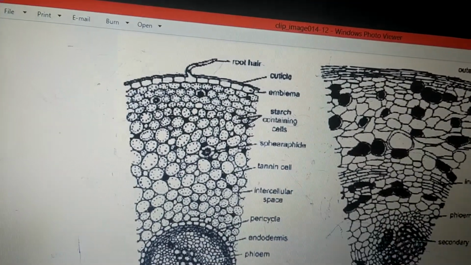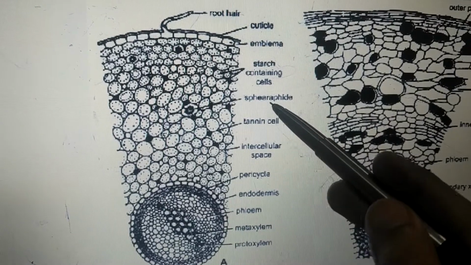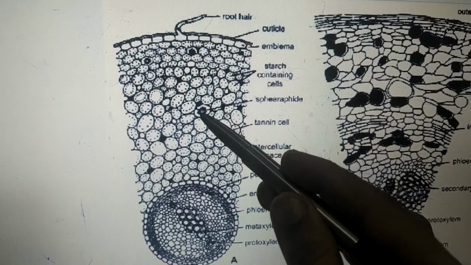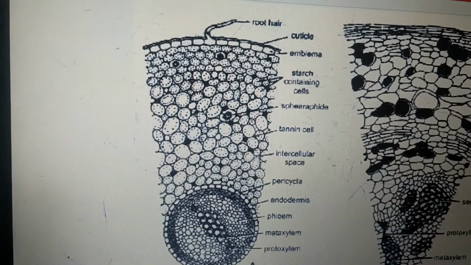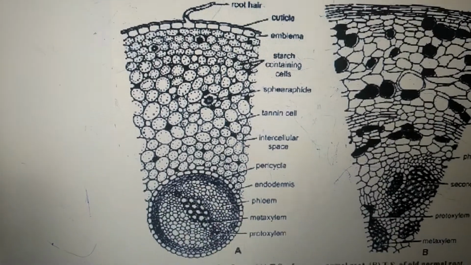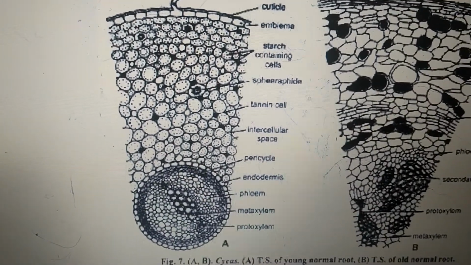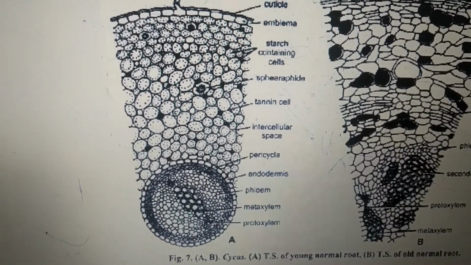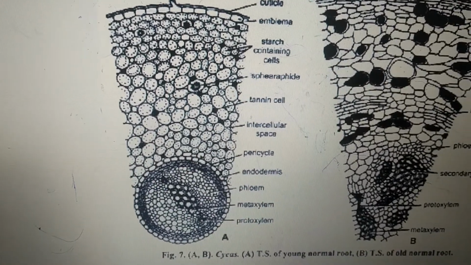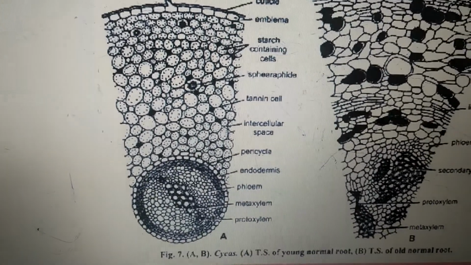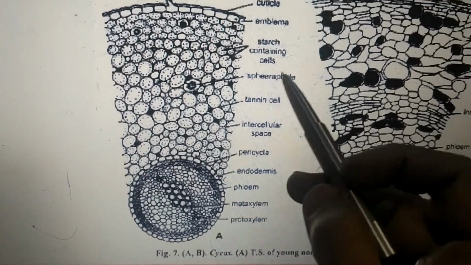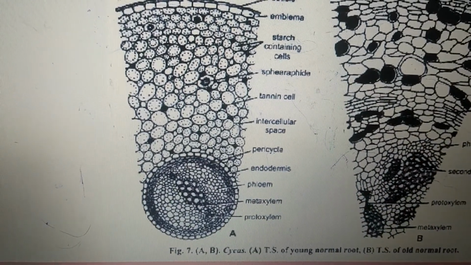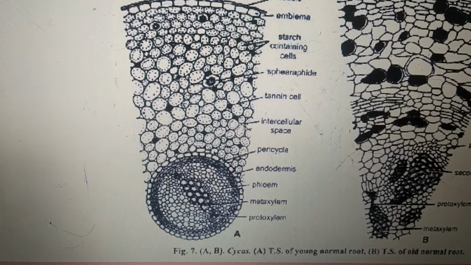and there are chances that some cells are tannin cells. Apart from these, we have some specialized cells called sphaerophytes. Now, what exactly are sphaerophytes? These are needle-shaped cells, needle-shaped clusters, which have an accumulation of calcium oxalate inside them. What is the role of calcium oxalate? It increases the capacity of calcium regulation in the plant. What is the need for calcium regulation? It provides a kind of protection from herbivores. The more calcium oxalate in a plant tissue, the more protection from herbivores. So this was a description regarding the cortex.